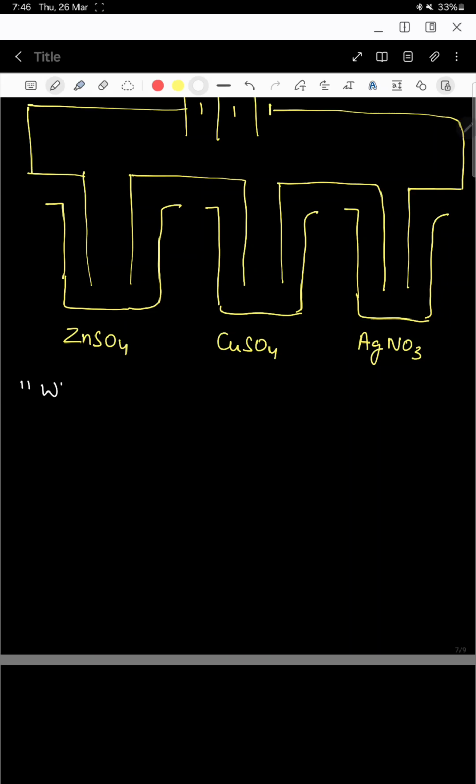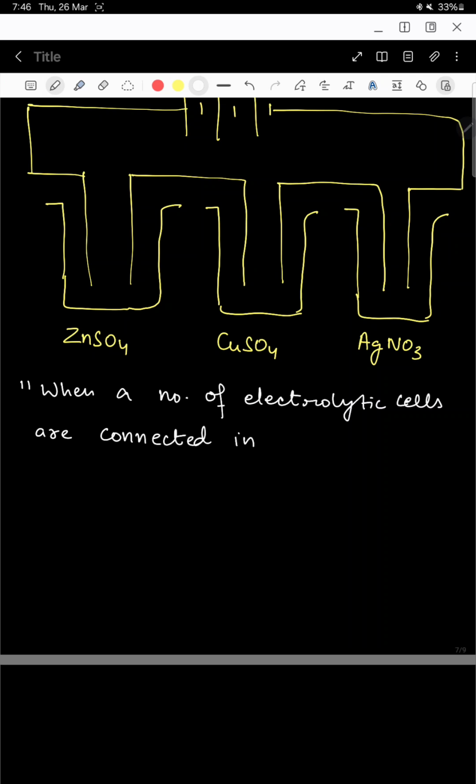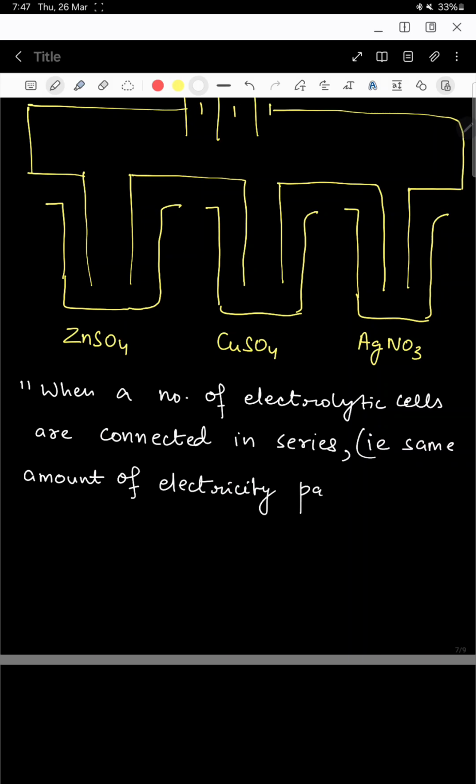It says that when a number of electrolytic cells, like 2, 3, anything, are connected in series, that is, the same amount of electricity passes through each of them,